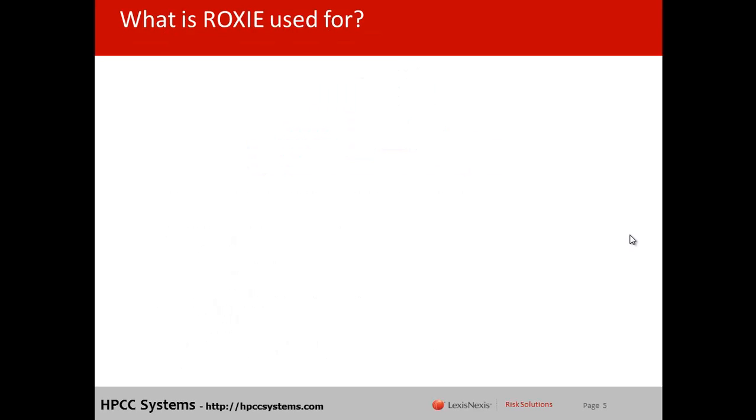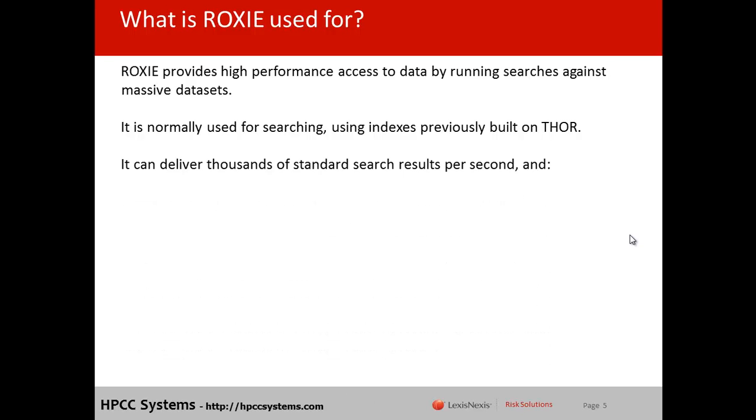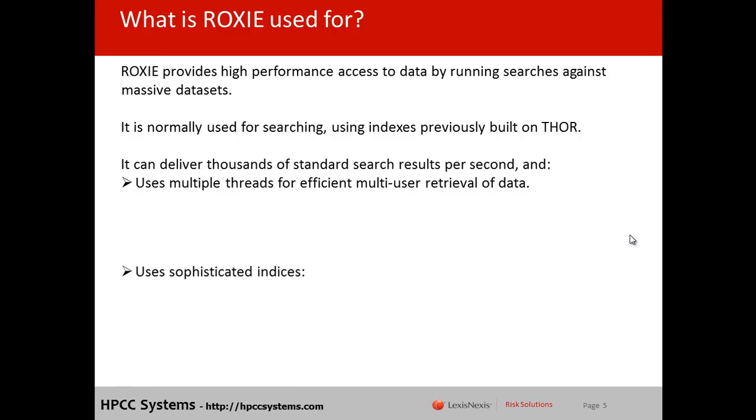So what is ROXIE used for? Well, ROXIE provides high-performance access to data by running searches against massive data sets. It is normally used for searching using indexes previously built on Thor. It can deliver thousands of standard search results per second and uses multiple threads for efficient multi-user retrieval of data,